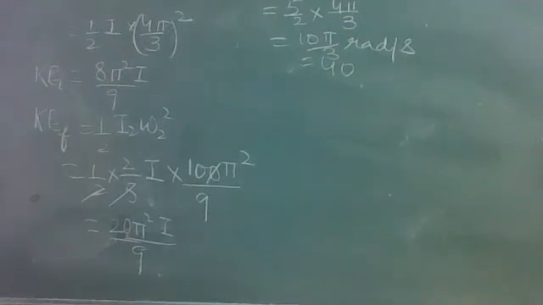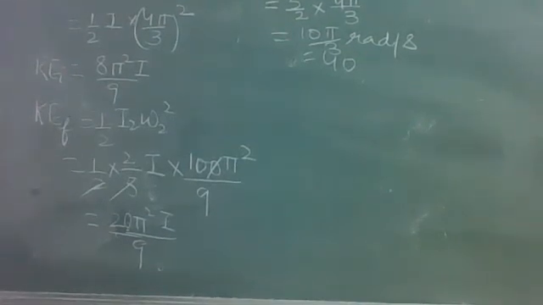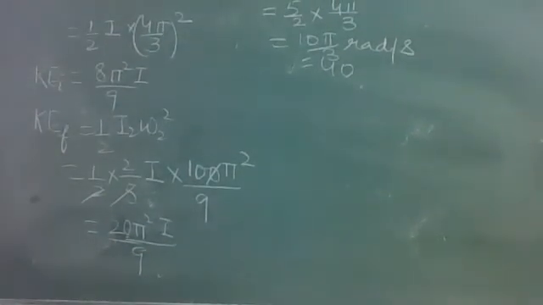All right, now let's do question number 14. So I read out the statement. Question 14: A rope of negligible mass is wound around a hollow cylinder of mass 3 kg and radius 40 centimeter. What is the angular acceleration of the cylinder if the rope is pulled with a force of 30 Newton? What is the linear acceleration of the rope? Assume there is no slipping.